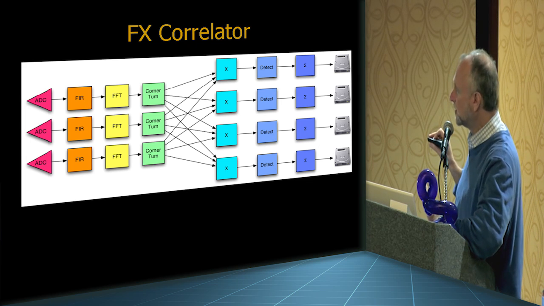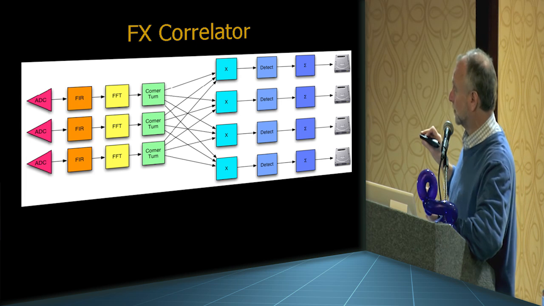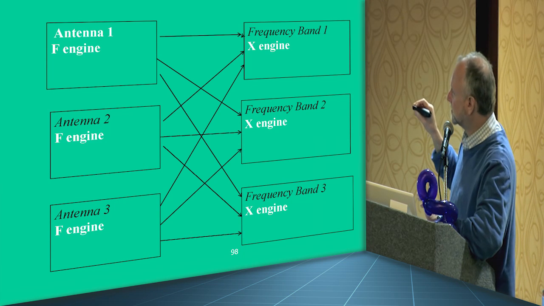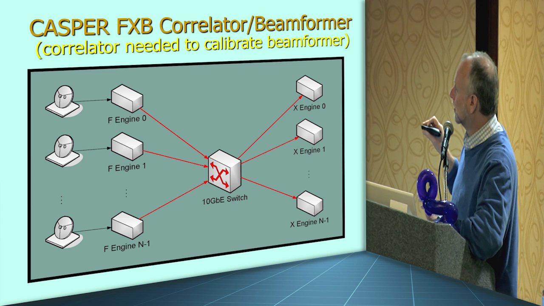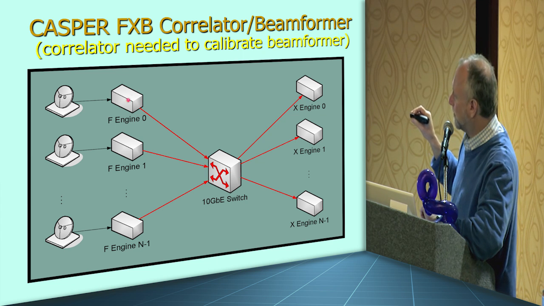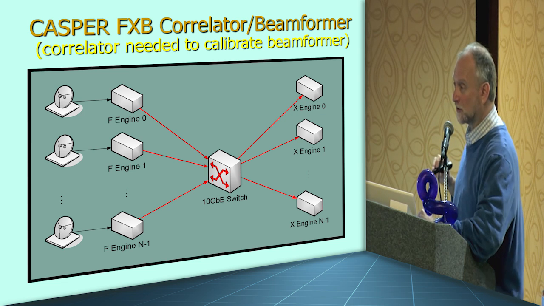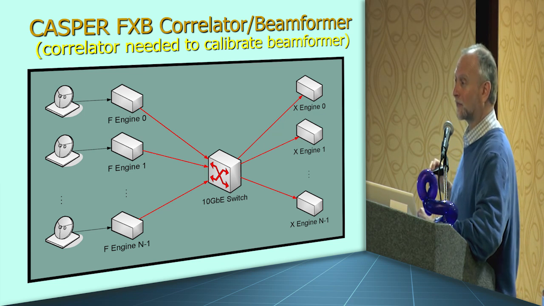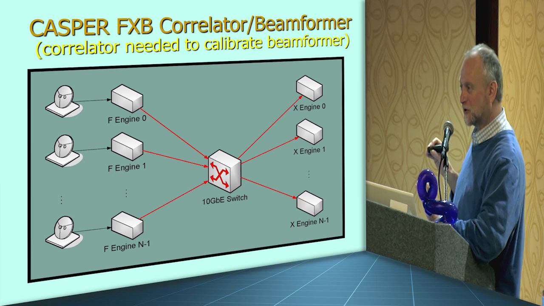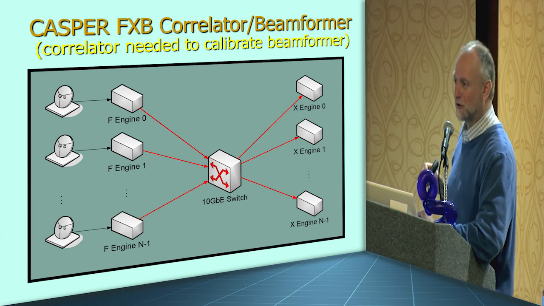I think you guys would think of this right away, but it took us a long time to figure this out: you can replace this interconnect with a switch. So you packetize the data, and this guy sends a packet to this X engine, another packet to this one, another packet to this one, and then this guy does the same thing. He sends a packet through the switch to this one. Anyway, it took astronomers maybe 30 years to figure this out. It's actually my group that figured out that we should just buy this thing from what you guys build.